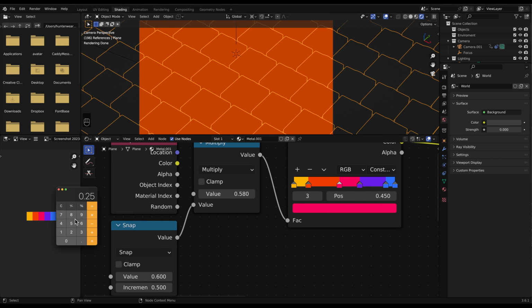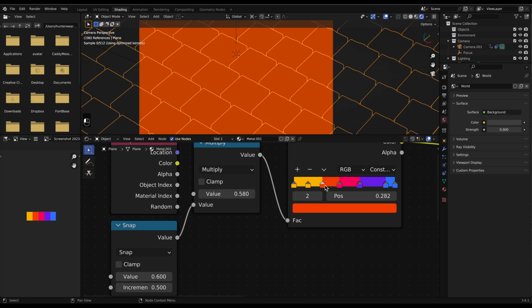So then what we can do is go in here. We can go a value of 0.5 because it's snapped to it, times 0.58, and so we get a value of 0.29, which will be somewhere in here. This is 0.1, so it'll be in here somewhere.